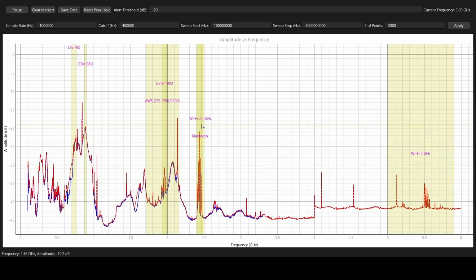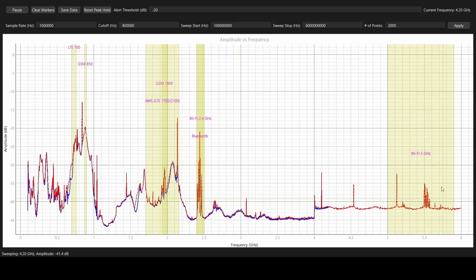Also, you can see at 2.4 for Bluetooth and Wi-Fi, we are receiving very high tones that in fact shape like very small, very narrow channels that are separated very narrowly from each other,